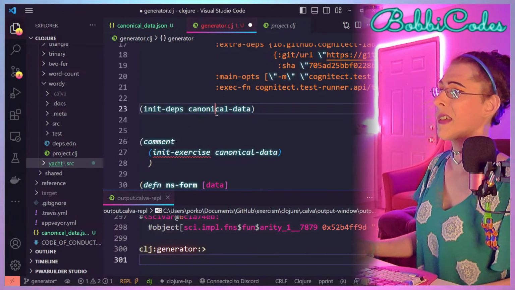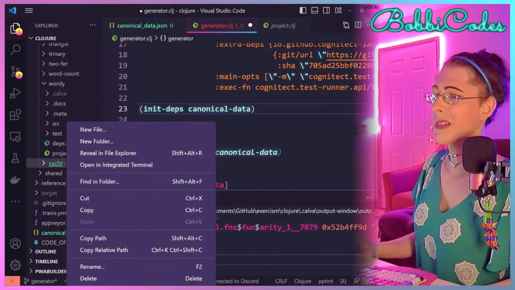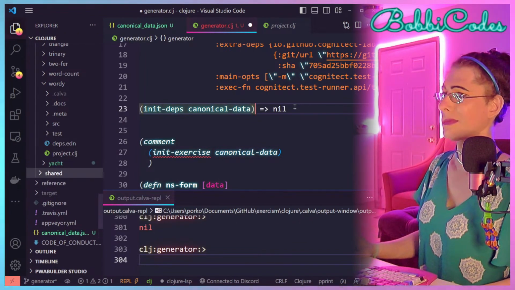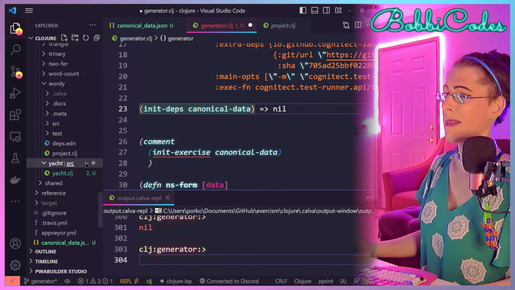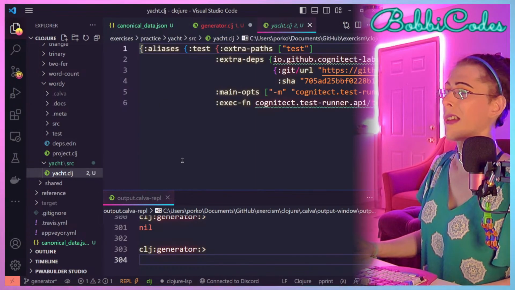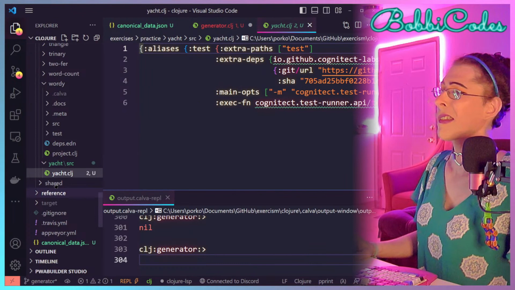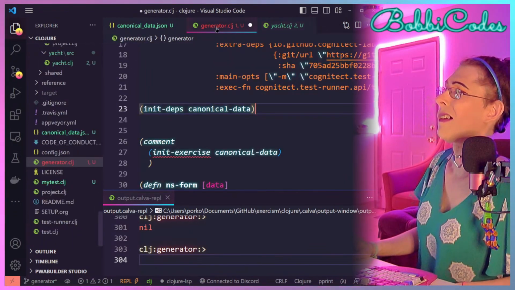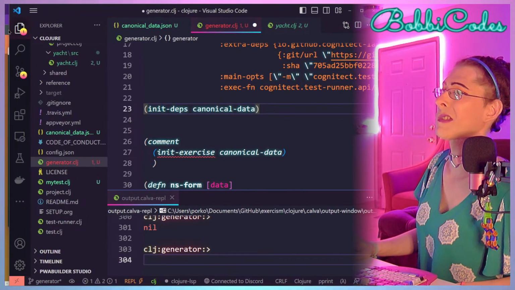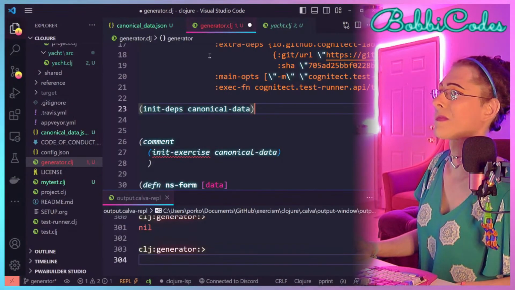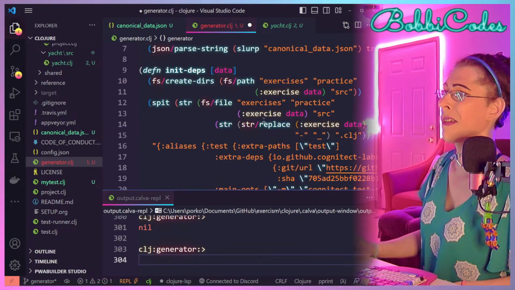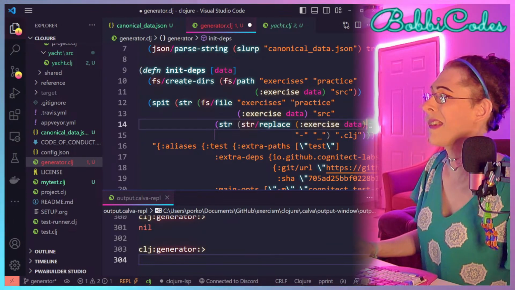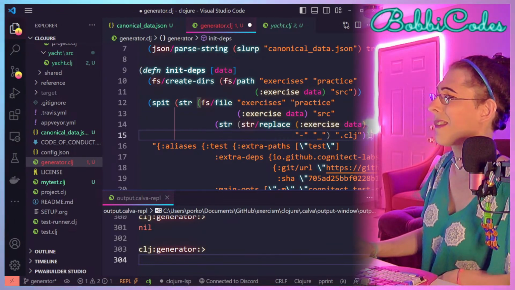So now if we say init deps, delete this. And there it is. And there's our file. Oh wait, it's not yacht.clj. It's not yacht.clj, it's deps.edn. Which means this, we don't need this here. Or that other thing.